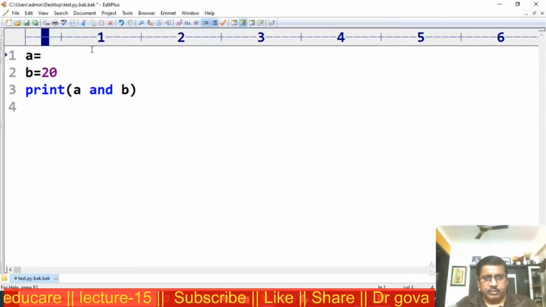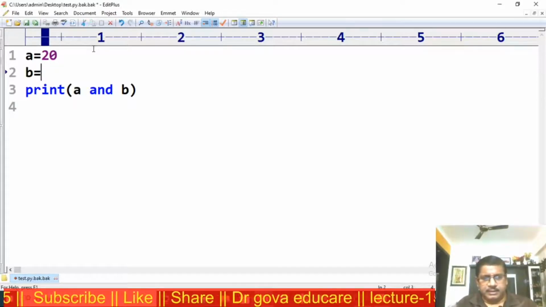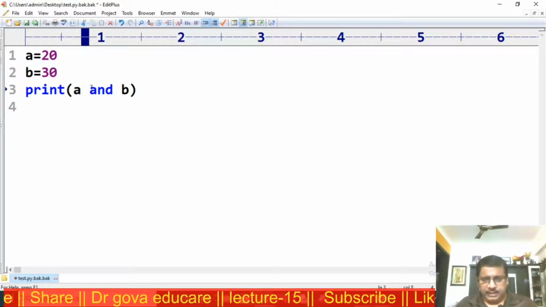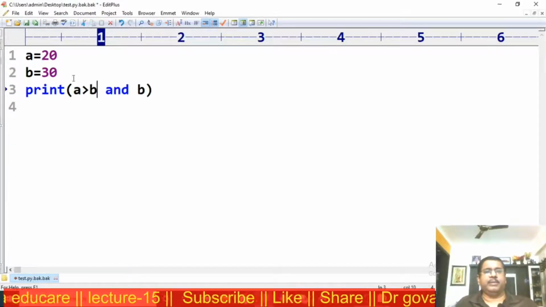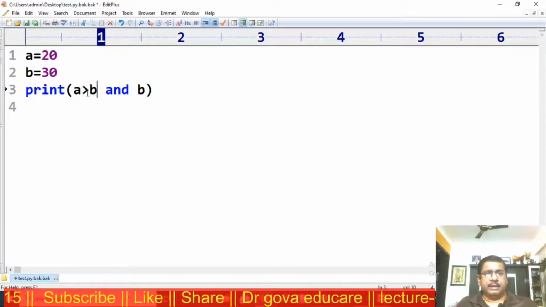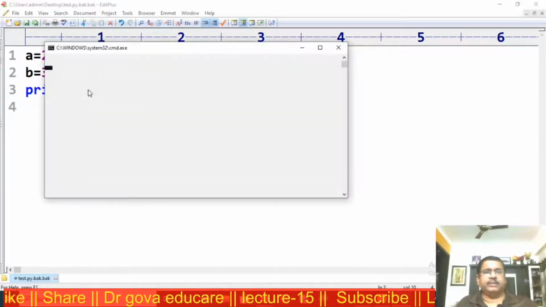Now a is 20, b is 30, a greater than b and b. Now 20 greater than 30 is false, so the result is false.